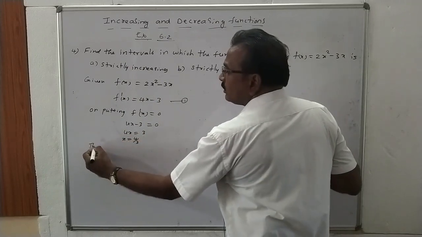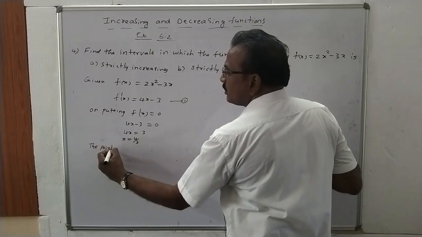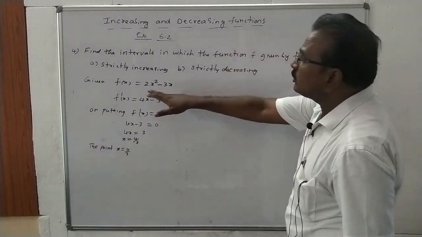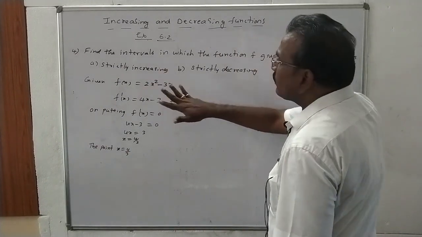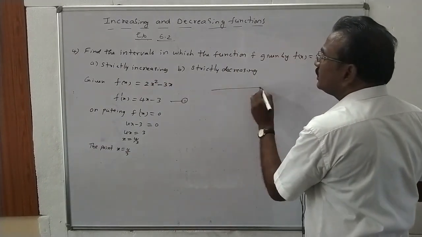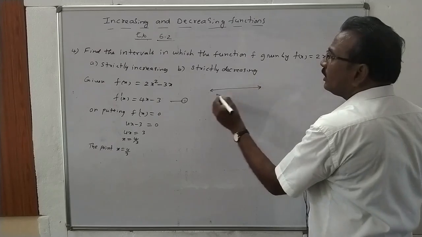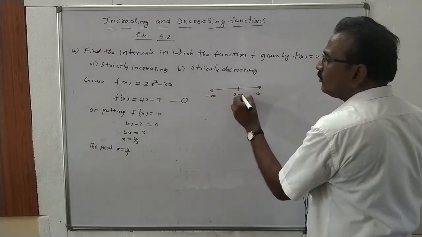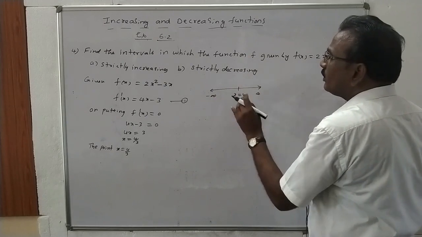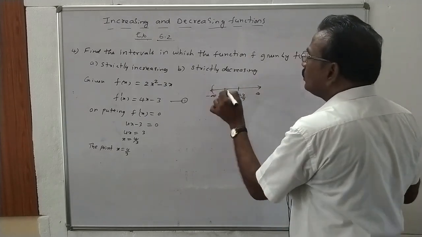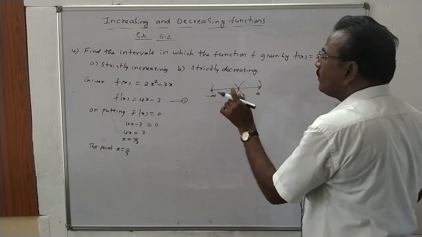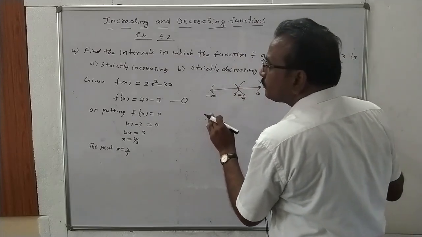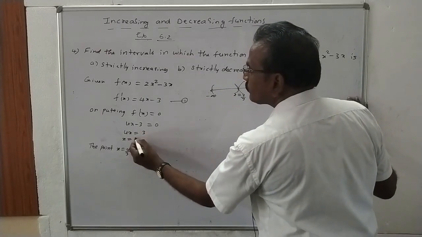The point x is equal to 3 by 4. Actually the given function is a polynomial function. Domain of polynomial function is the set of all real numbers. So this is the set of all real number line, minus infinity to plus infinity. The point x is equal to 3 by 4 divides the real number line into two open intervals, minus infinity comma 3 by 4,